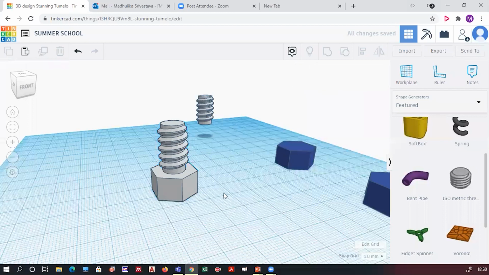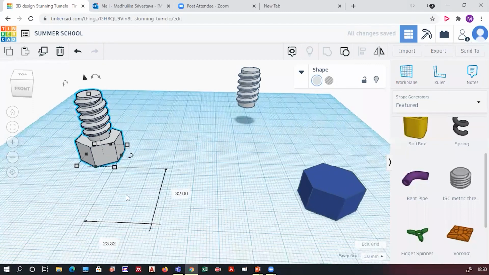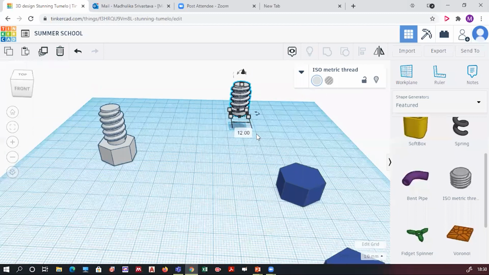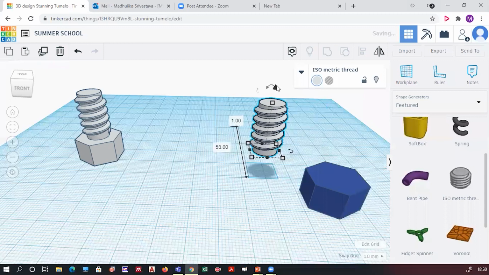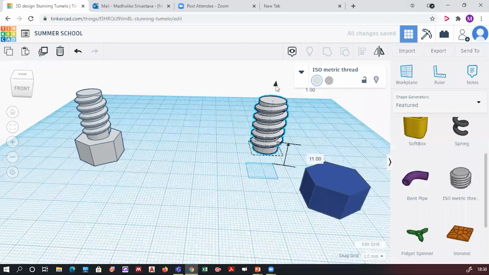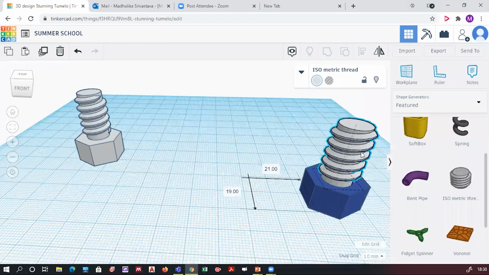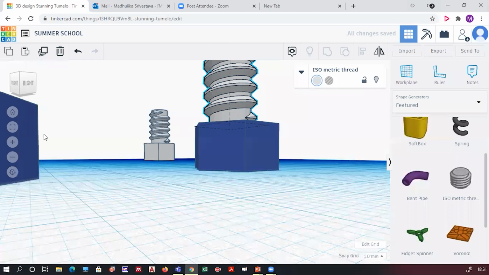Okay. Alignment, I will repeat again. Over here, you can see. Those who have followed it, it's fine. Those who didn't, just see once again. Suppose I have to place this object again over this. What I did, I raised it by 10. This has been raised by 10 mm. And I dragged this. Just click and move it onto the object on which you want to place it. Just place it over there. Let's focus on this one.